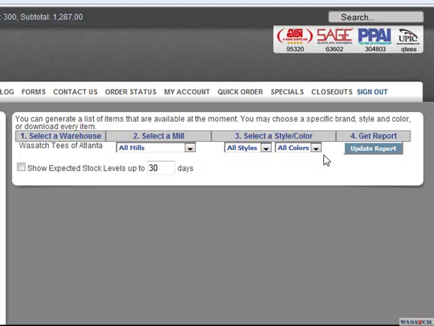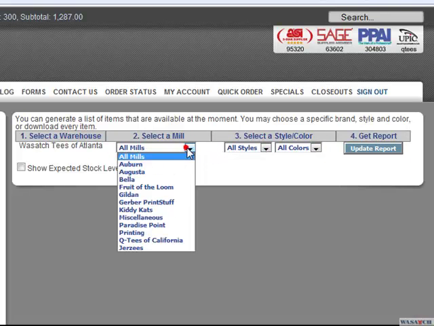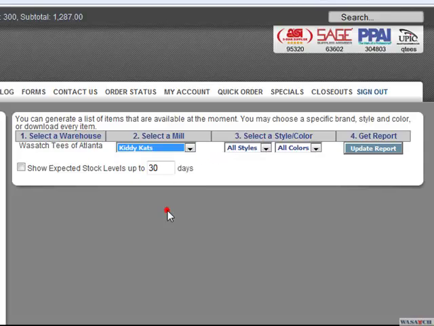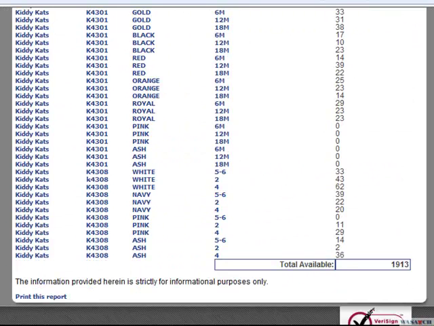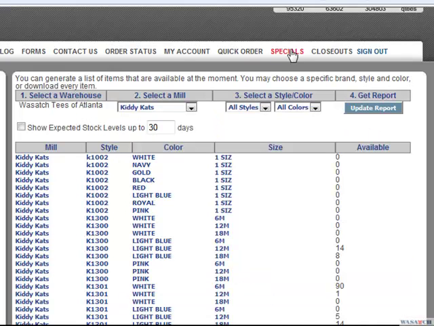So let's select kitty cats under Mills. Leave all styles and all colors as is, and hit Update Report. And here is your report. You can get it in a printable format by clicking Print this report. Let's go back to my account